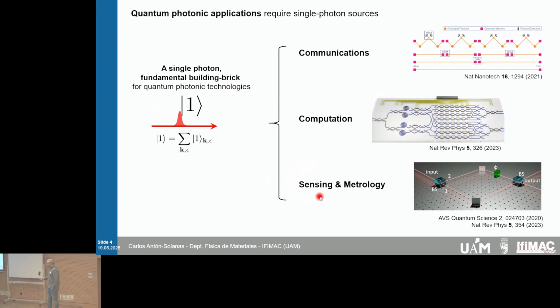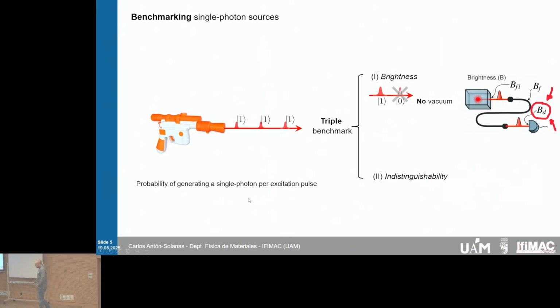As you maybe imagine, single photons, or quantum light in general, are also very useful for this branch of quantum technologies. If you think of the detection of gravitational waves in LIGO and Virgo, they are using squeezed states that allow you to detect changes of very, very small sizes in the interferometric arms of these gigantic Michelson interferometers, right? So, keeping in mind what these single photons can be useful for, let's try to define